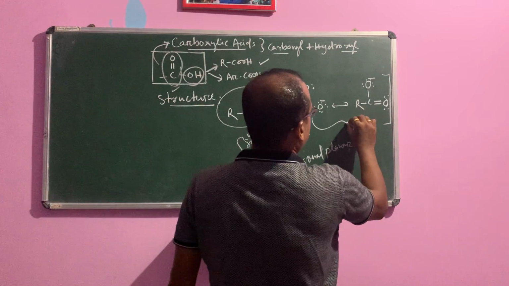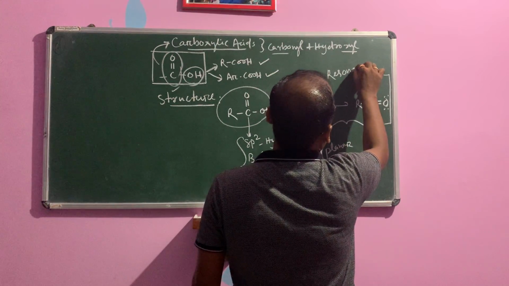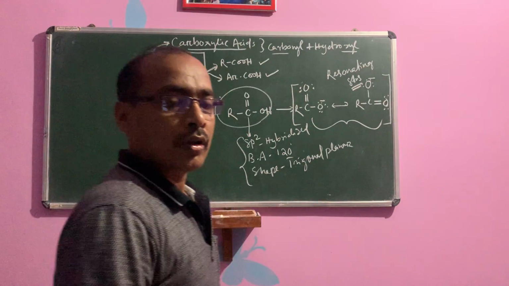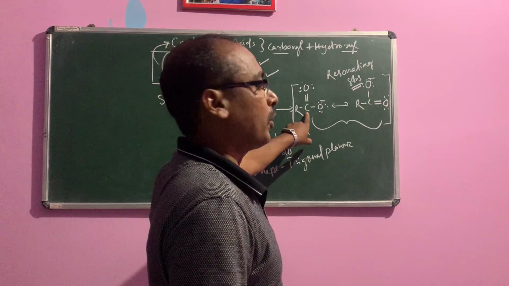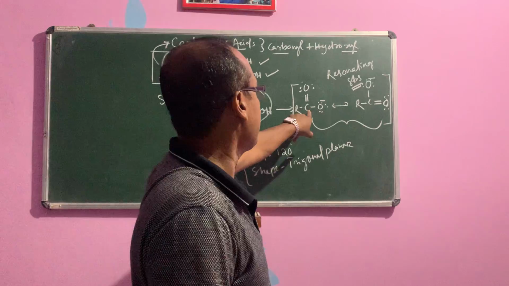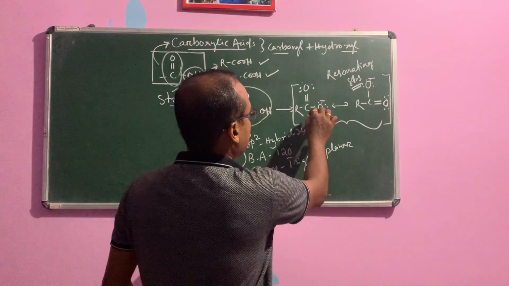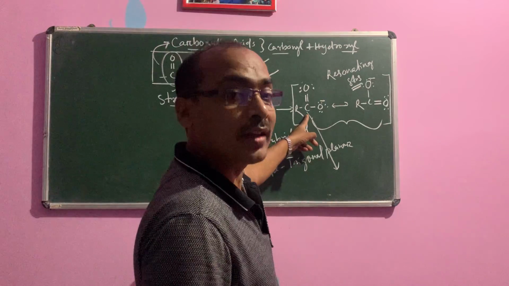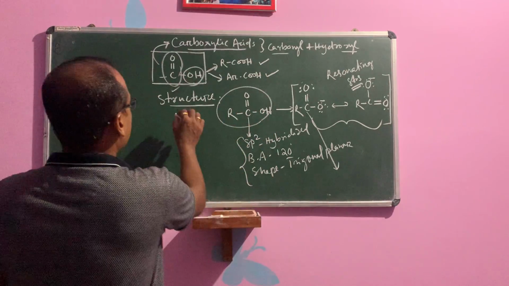These are the two resonating structures. So children, the most important thing: in the two resonating structures, the carbon is the electrophilic center, the carbonyl carbon or functional group carbon of carboxylic acid, this carbon. This is less reactive than aldehyde. Due to the resonating structures, the carbon has a positive charge, an electrophilic center, and it is less reactive than aldehyde. So these are all about the structure.